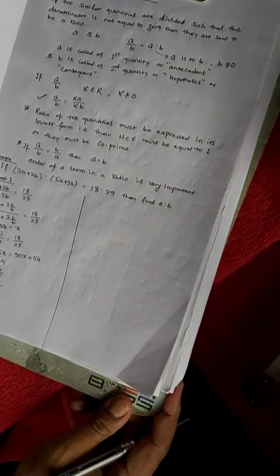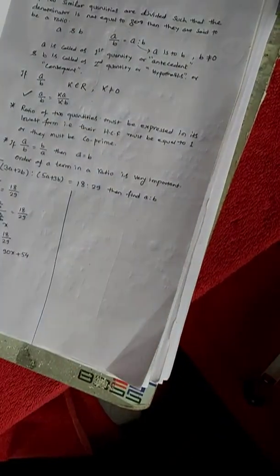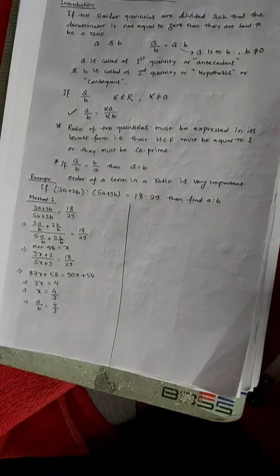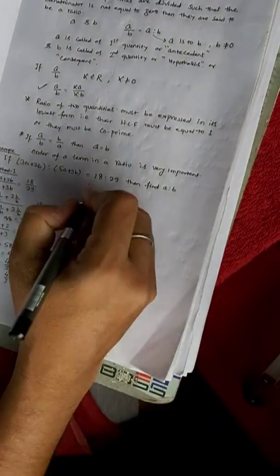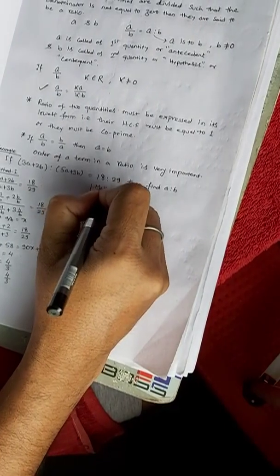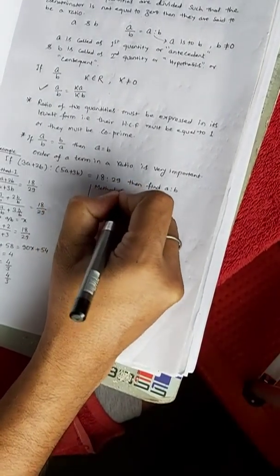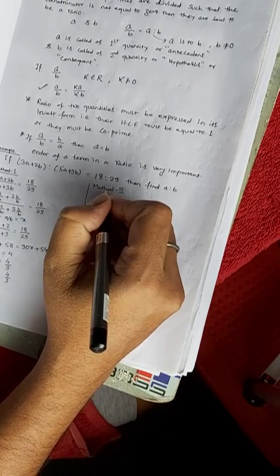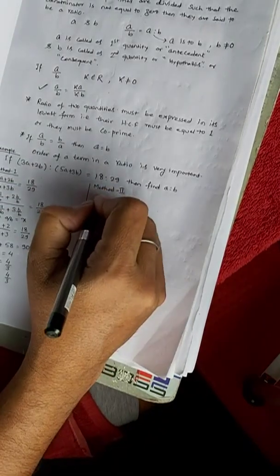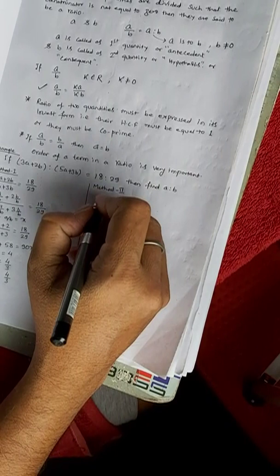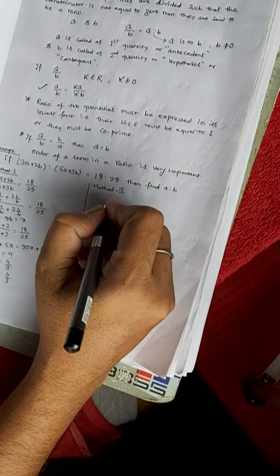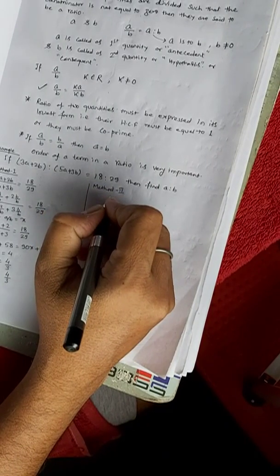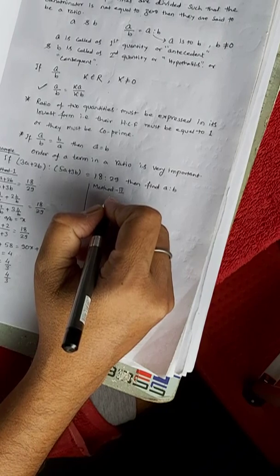Now in the second method, method 2, we say this is the k method. So what we are going to do is that your possible